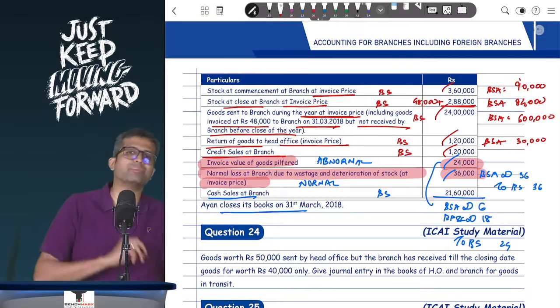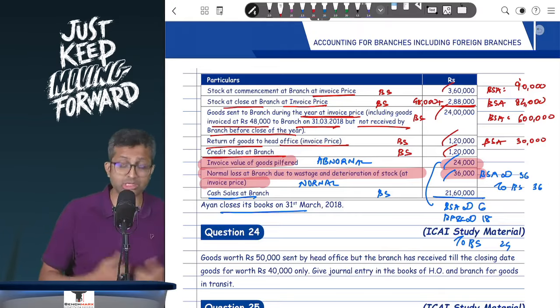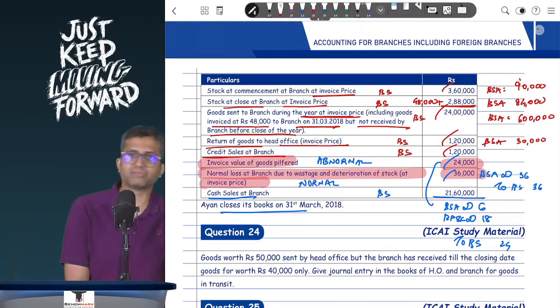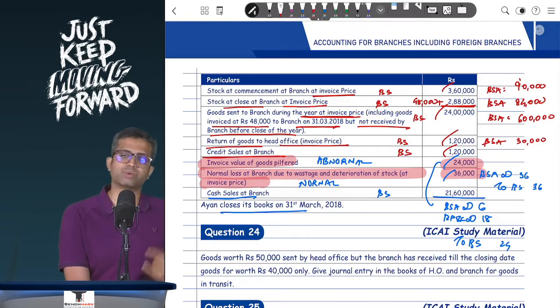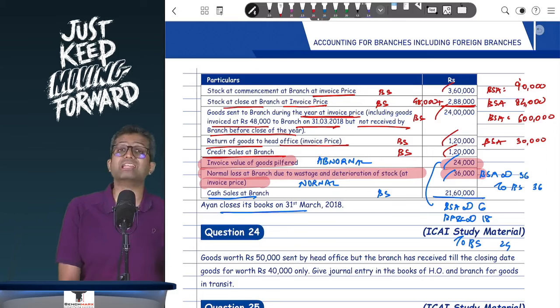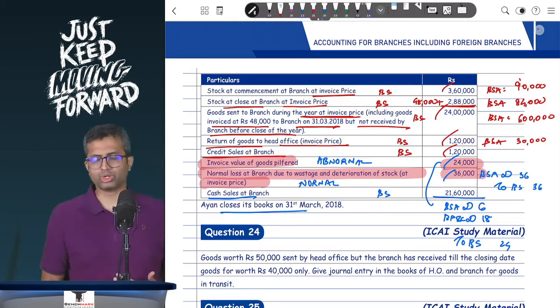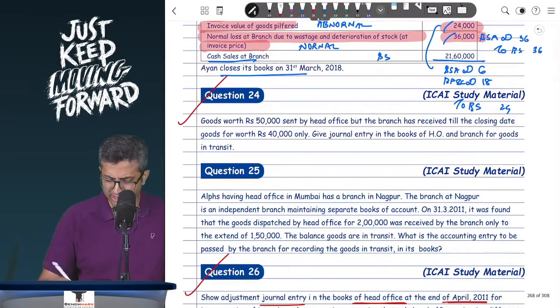The opposite will happen in case of cash in transit, where the branch has paid 50,000, but the head office has received only, let's say, 40,000, in which case 10,000 is in transit. So the branch must have passed the entry HO account debit to bank 50,000, but HO has passed the entry bank account debit to branch 40,000, and hence HO will pass cash in transit account debit to branch. So something like that. So we'll just review 24 and 25 first, and then we go to